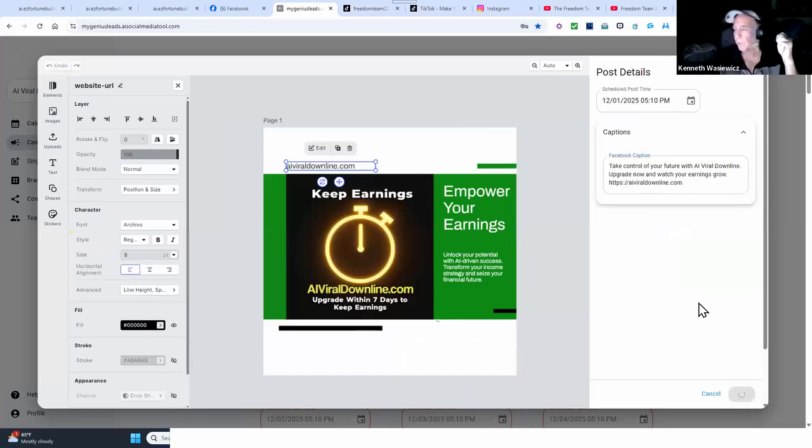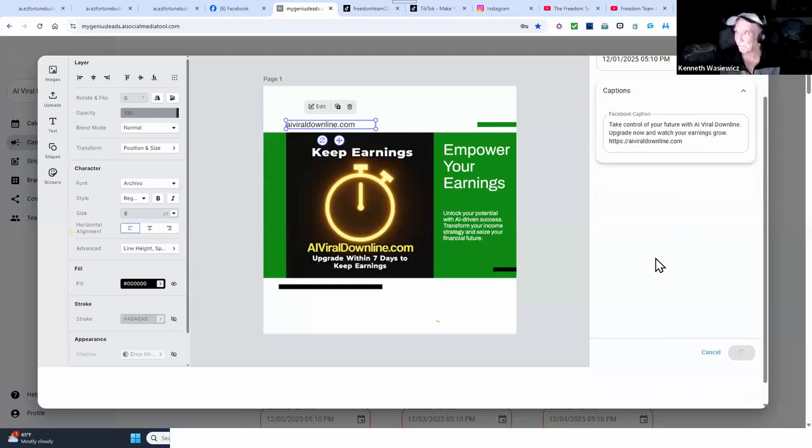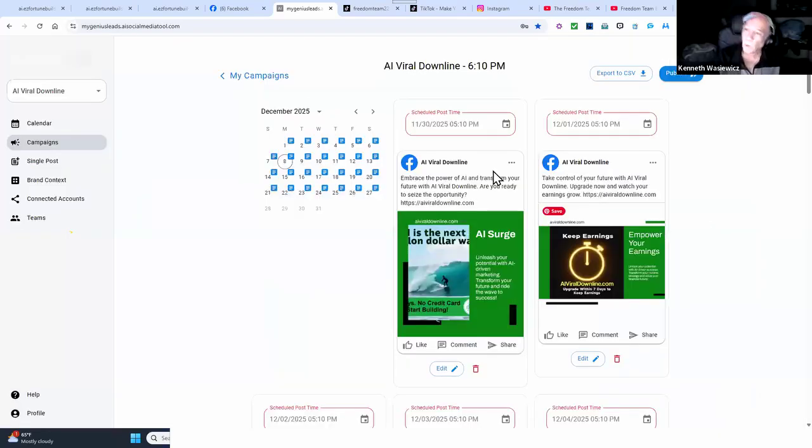I'm not going to go through all three of these, and edit every one of them. But if it was my account and I was doing this and taking it really serious, I would. And you have enough time. So once you have everything all updated the way you want it, you've got to publish it. And it's going to start doing the auto post for you every day at that time.